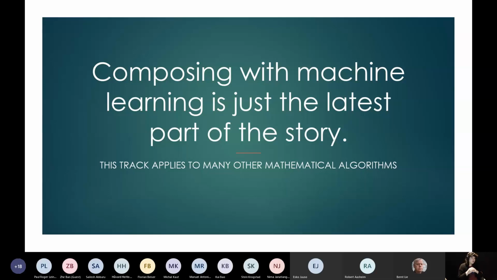But what I want to end with showing here is different ways that this composability has been used for solving different problems, to show that these compiler tricks can be used throughout a lot of different mathematical problems that you might not have thought of as a compiler kind of problem.